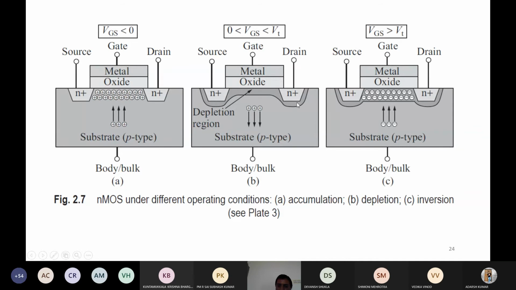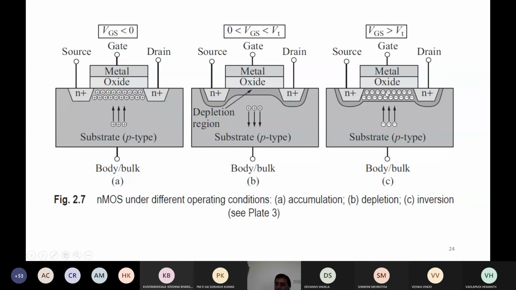Also it is extended around the n plus region of the drain. If you further increase the voltage, due to this positive voltage the holes are repelled, they are going down. But if you further increase the gate to source voltage beyond the threshold voltage, then obviously holes will go down, but this situation will create some electrons here, because electrons, the minority charge carriers, are present. They will be attracted towards the oxide layer, and underneath the oxide some electrons will be accumulated, and this is the process of strong inversion, we can say.